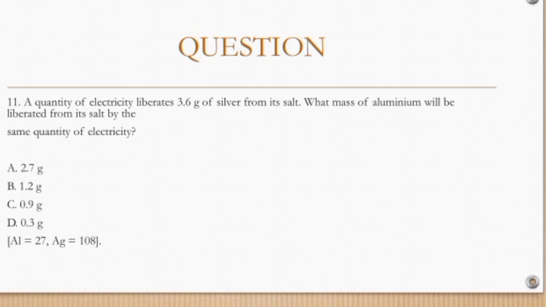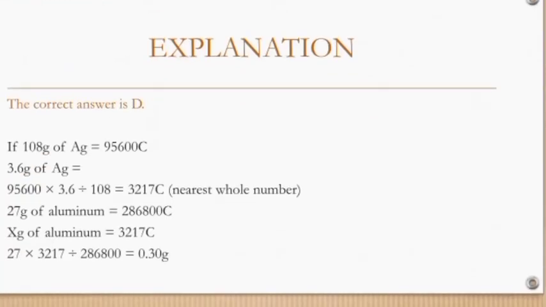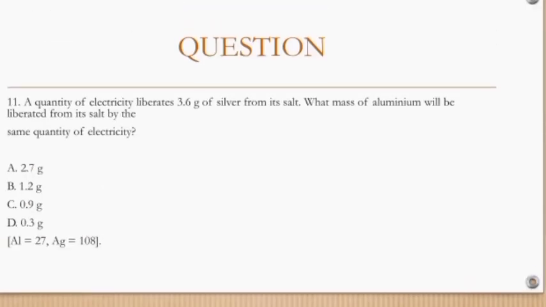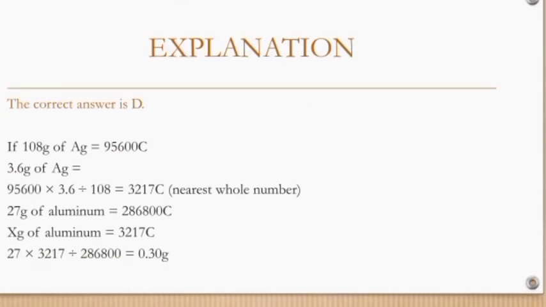what mass of aluminium will be liberated. So aluminium is a triatomic element. So the relative atomic mass of aluminium, which is 27 gram, actually gives you two. From this we actually got 286800 column that we actually times 3. I told you guys that aluminium is actually a triatomic element. So being a triatomic element, you can actually do something like this, which is